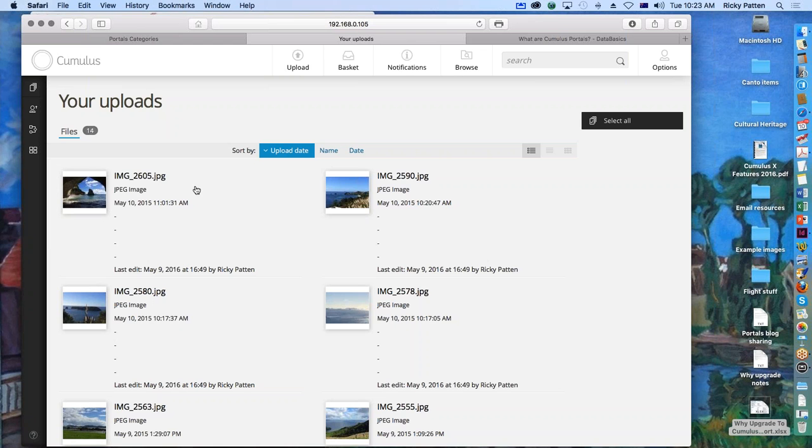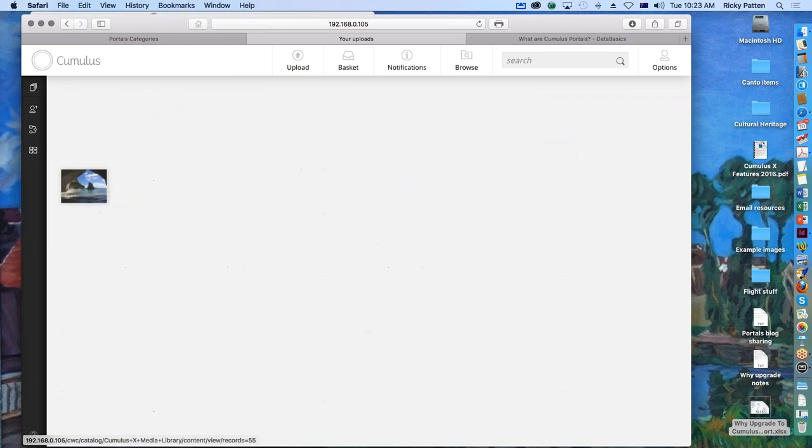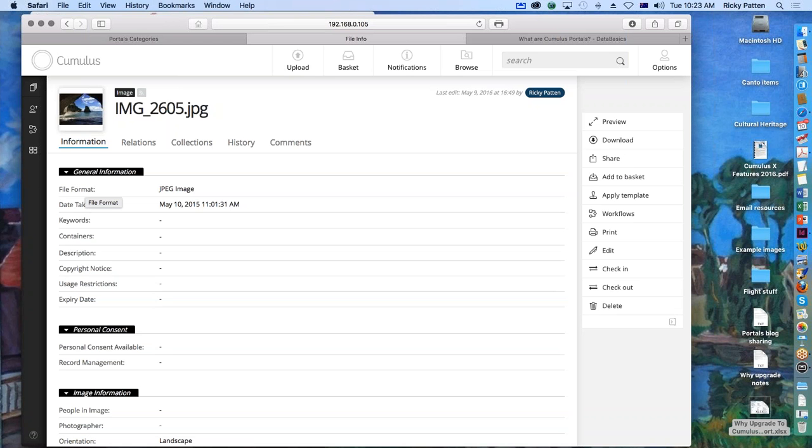Okay, now then, next item here, controlled vocabulary. So I just uploaded these assets yesterday, I think it was. They're from my trip last year to Coromandel in New Zealand. So I thought,